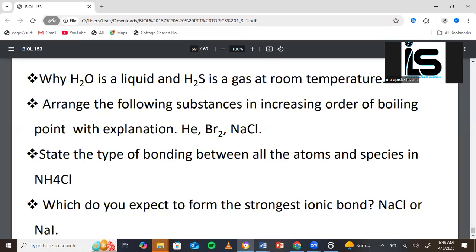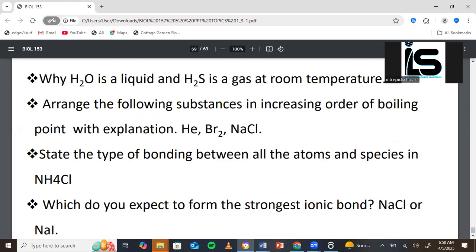So the first one, increasing, the lowest will be helium and then bromine. Helium and the bromine liquid have the same intermolecular force. Helium is a gas. It would have weak van der Waals force, that's induced dipole. Bromine is also non-polar, right? So we would have induced dipole, that's the van der Waals force. But bromine has a higher molecular size than helium, and so it would have a bigger